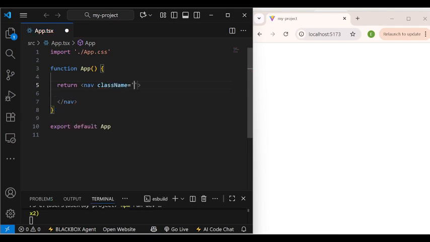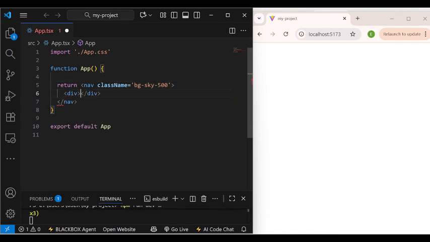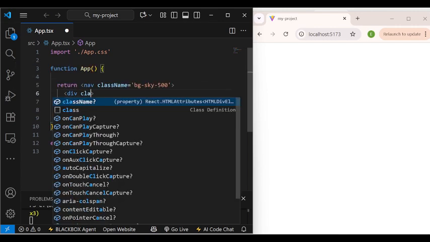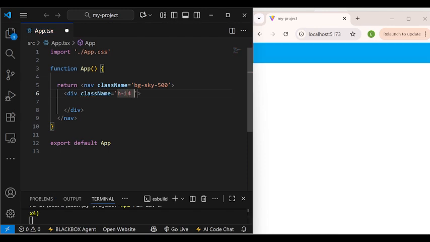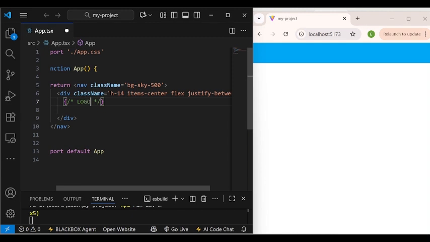with a class name of BG. This class name is defining the color of our navbar, and we want to give it a color of BG Sky 500. Then we create another div and give it a class name. The class name, the H14, is defining the height of the navbar. Item center for the items that will be inside the navbar. Then flex, justify between. Then we have to create a logo div